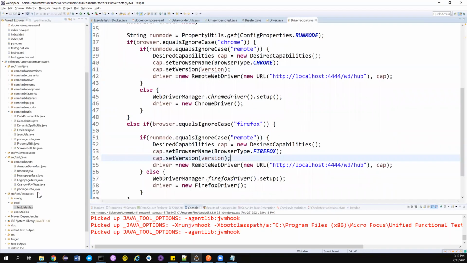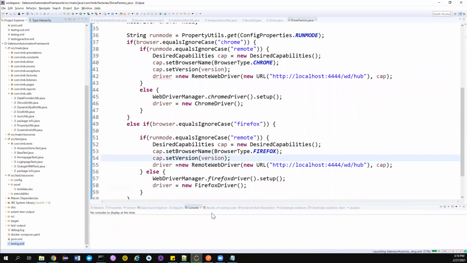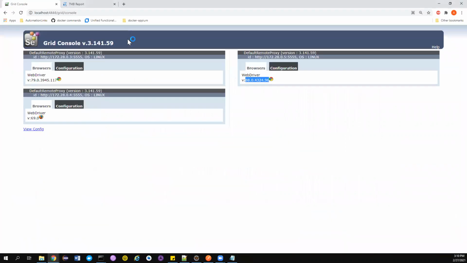Let's close this and check whether everything is working fine or not. Fingers crossed. I'm running all of them sequentially so that we can understand how the test is getting executed. I can also run them in parallel, but in that case, we may not be able to understand how this is running. The first iteration is getting run on 79. That's absolutely fine. Let's wait for the test to complete.